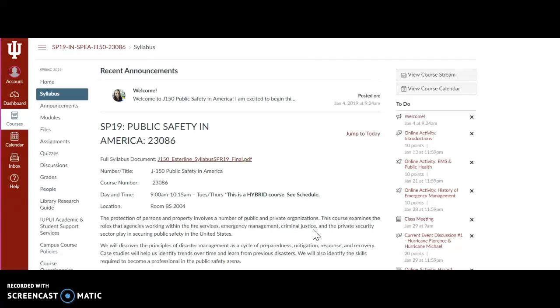Our Canvas homepage is the syllabus, so you can access the full syllabus here. I would highly encourage you to print that off and keep tabs on the schedule. It's got all the due dates for all your assignments. Recent announcements will always be posted at the top. I think it keeps the most recent 3 to 5 announcements. And I don't post announcements all that often throughout the semester, so if you see something new, make sure that